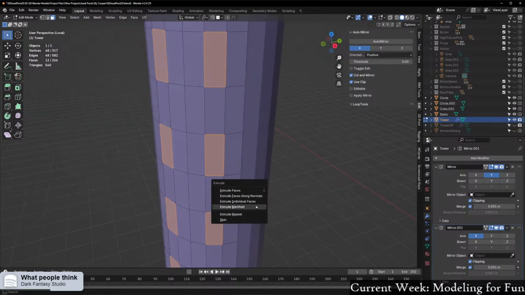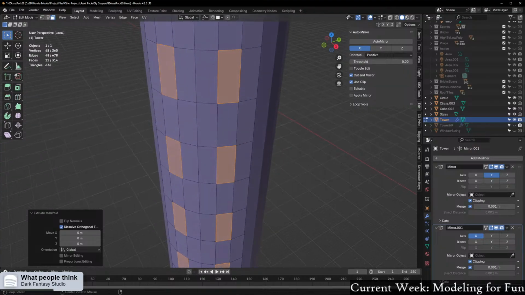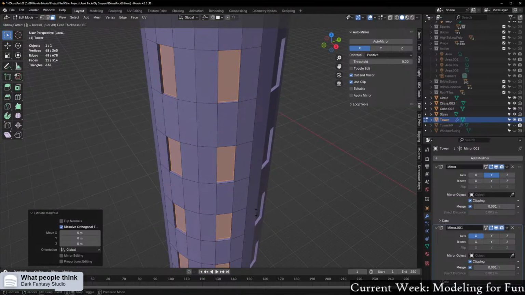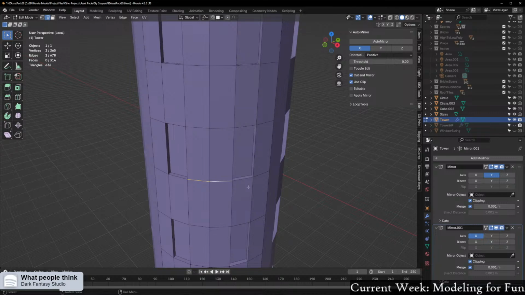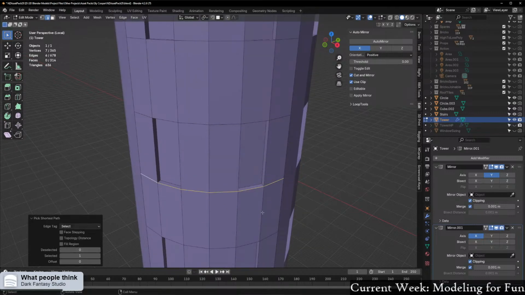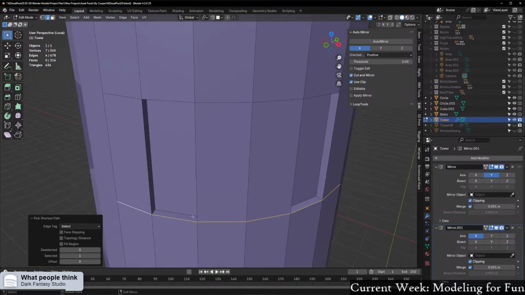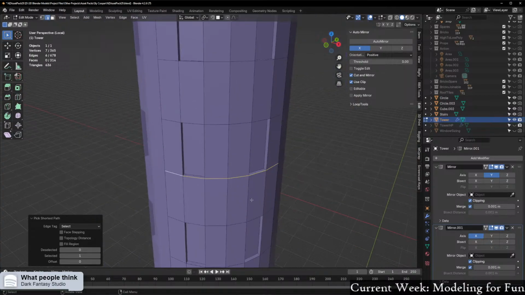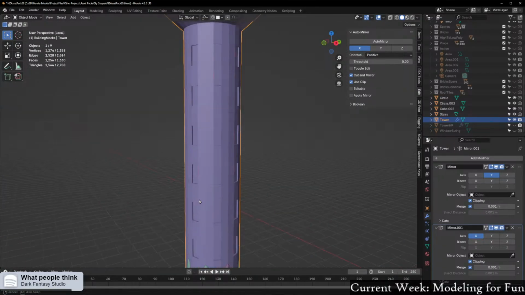Alright, now E manifold and then 0.4. Actually, I can just Alt S and then 0.4. That's probably part of the reason why it messed up was because of that. Can I bevel this now that I've... Okay, no, I definitely cannot. Because it just messes all this stuff up. I didn't really want to do that. Unless... No, because if I bevel that, that's just going to make matters worse. That is fine, though. So we got the